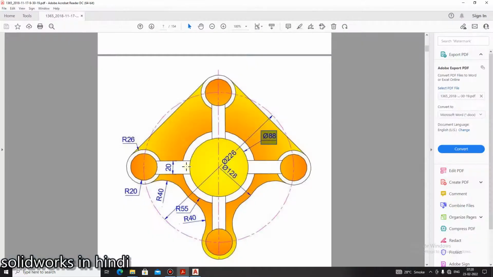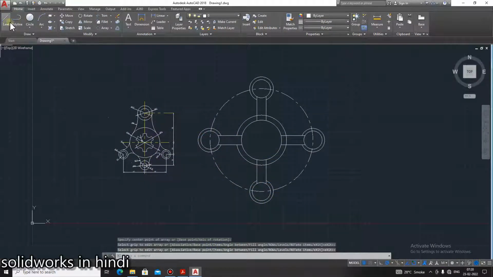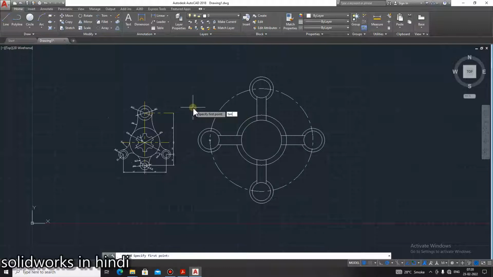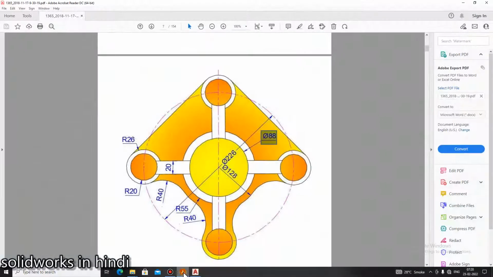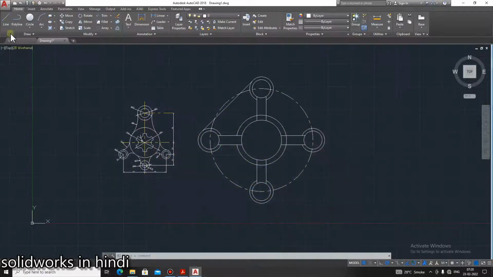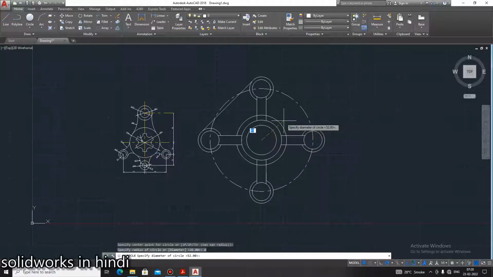Okay, the next is we have to make two lines here, tangent lines. So click on the line, write 10, enter, click here, again write 10, click here, and make the one line. We will mirror it. Okay, the next is we have to create this circle. That circle diameter is 128. So go on the circle, and diameter is D, enter, diameter is 128, click on enter. So this is the third circle,